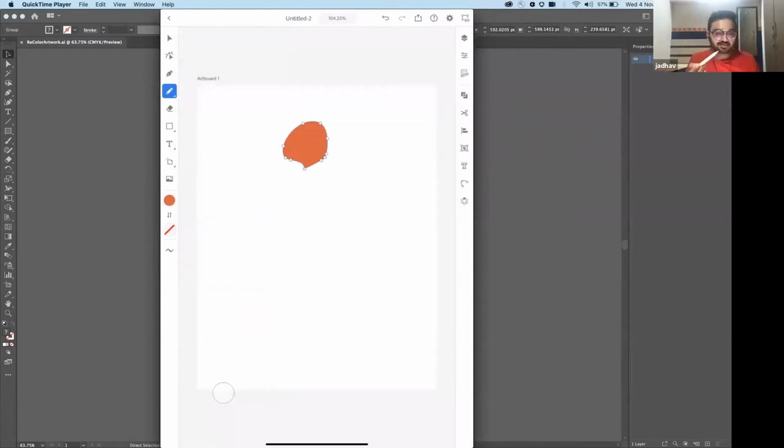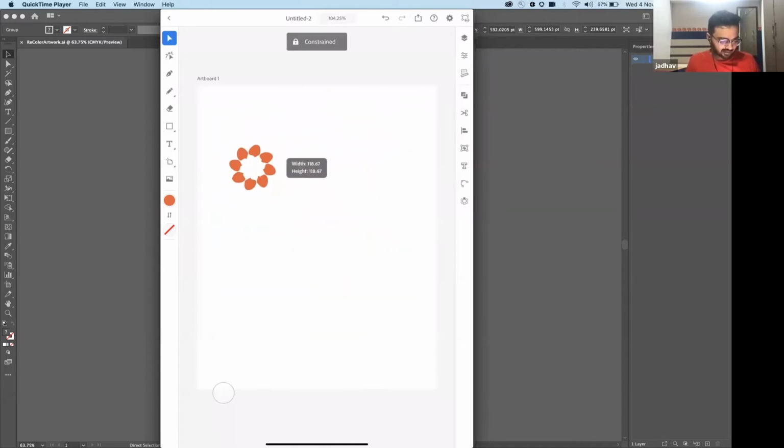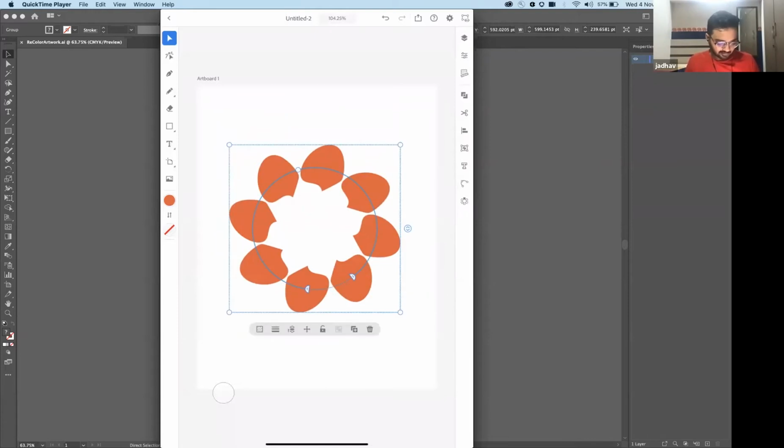Okay, maybe let's say this is one of the designs I created, but I can also use some of these tools, which are amazing in the iPad. So these are some of the repeat tools. I've got repeat, radial, grid, and mirror. So if I use radial, you'll see that I've got these radial tools available, which I can create patterns with, and I can size it up and keep it somewhere else.